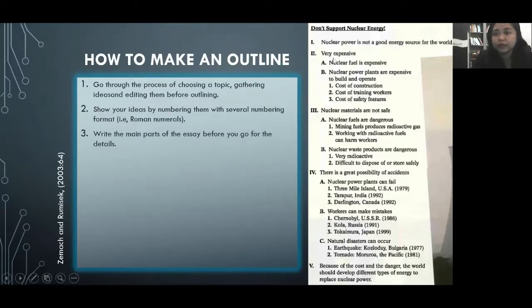here, very expensive, and then after that continue to this one, A, B, 1, 2, 3. No, just make the main ideas first, all of the main ideas, and after you finish all of the main ideas, then you move to the supporting points of your main ideas, like that. Okay,